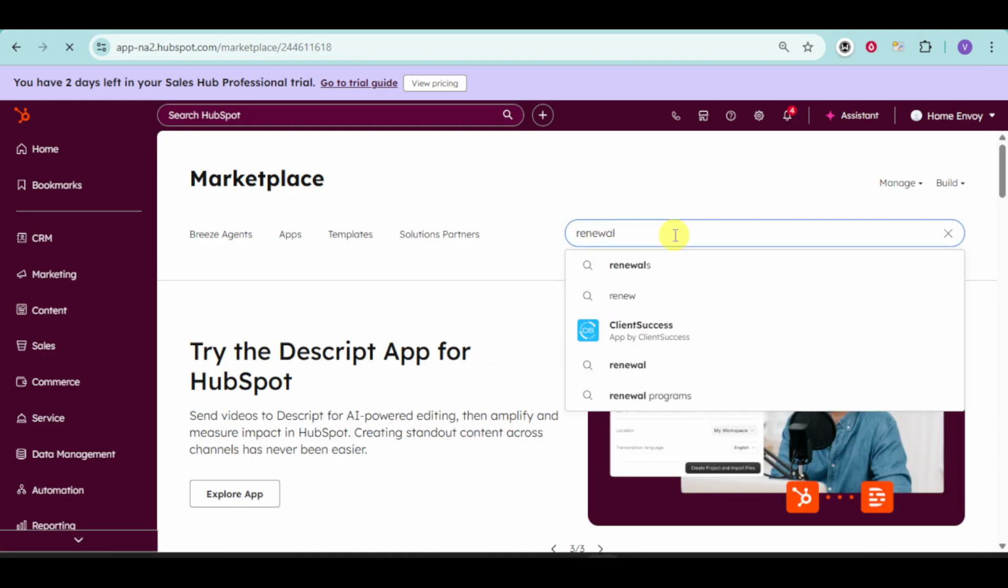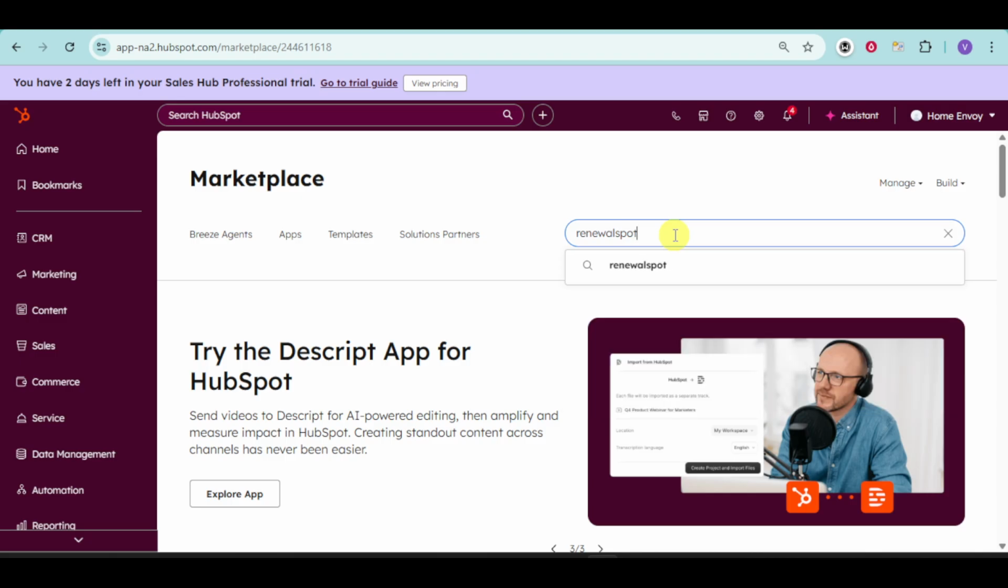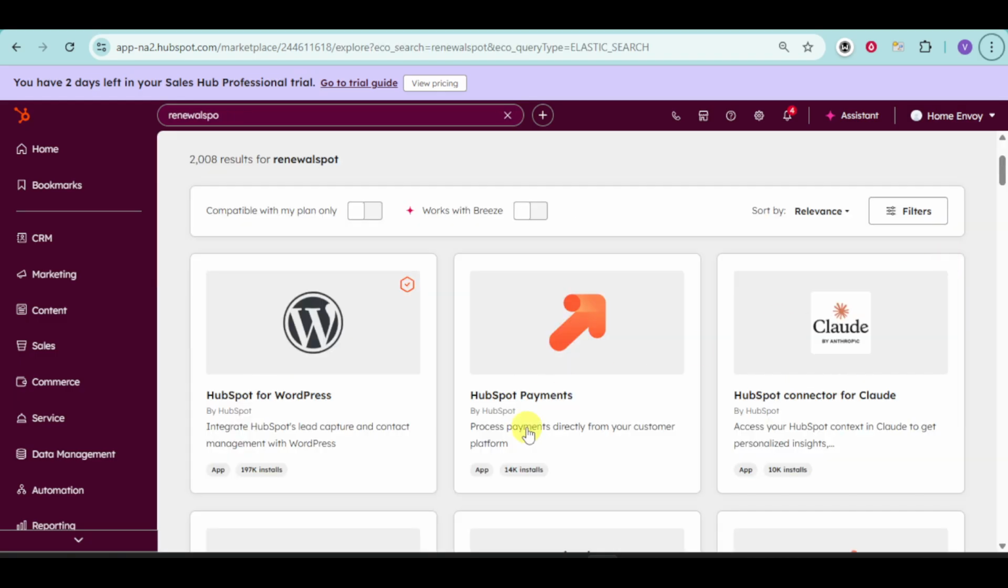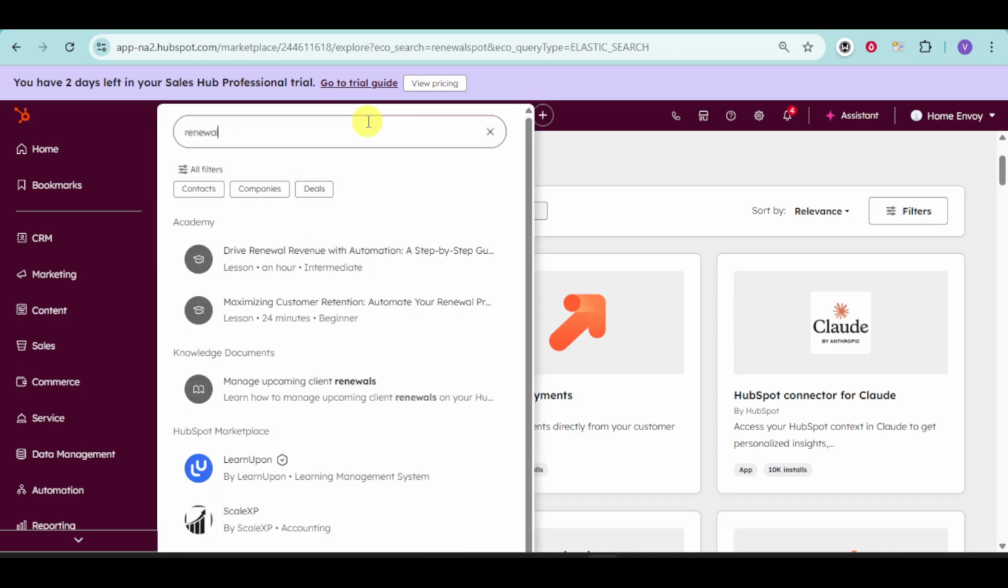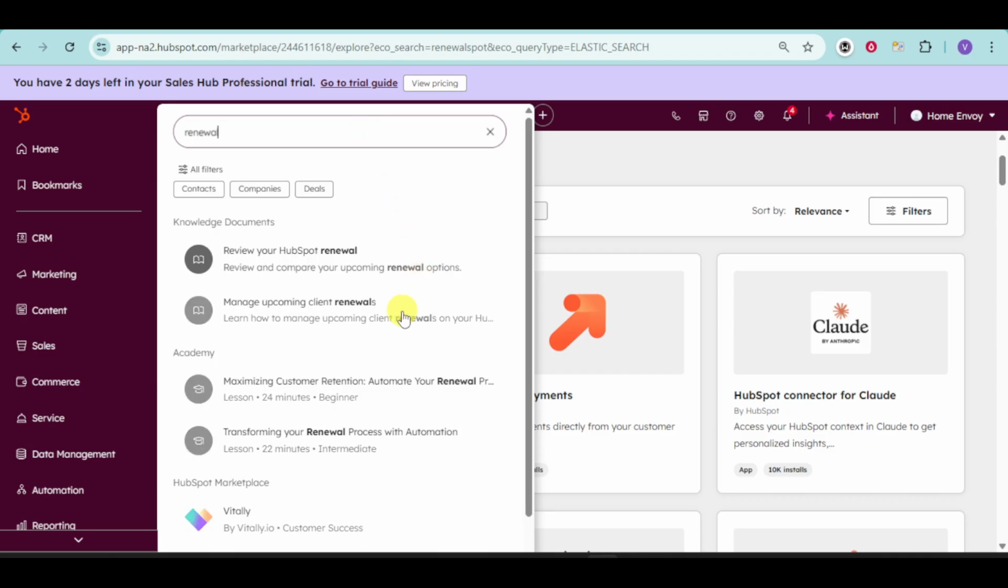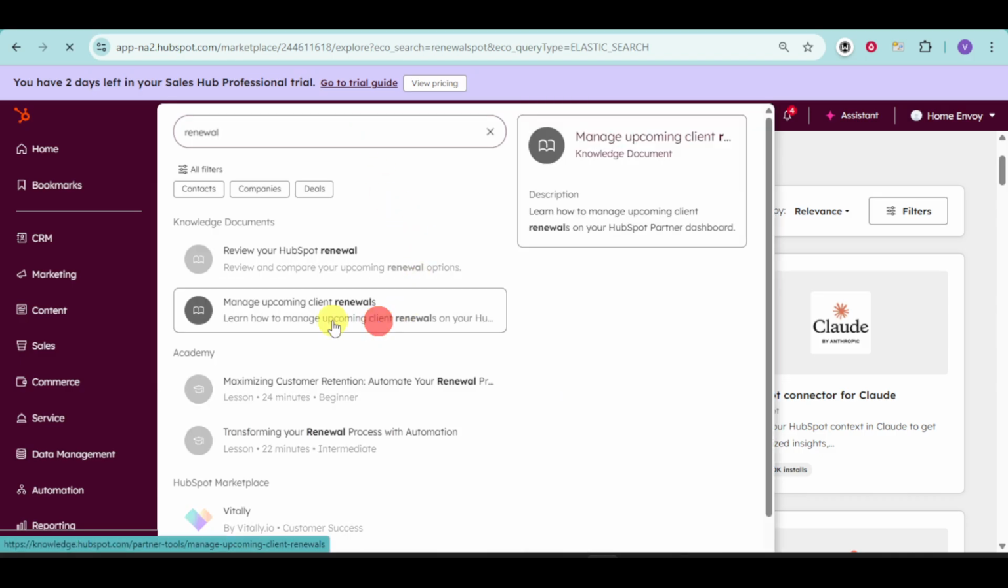So search right here for what we want. You can see right here HubSpot payments, so you can head over and then use that for the contract renewals. Additionally, you can also head over to your search tab and search right here for renewals. And you can see right here that you can manage your upcoming client renewals, so head over and click on